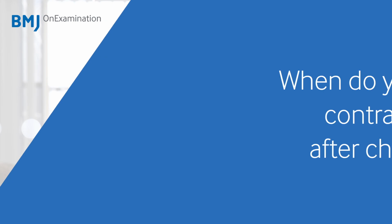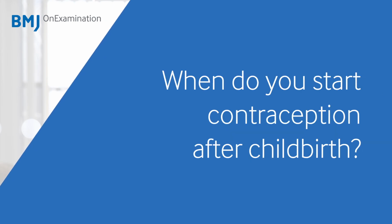If you're counselling your patients about when to conceive, then you ought to tell them that with an interpregnancy interval of less than 12 months, there's an increased incidence of preterm deliveries, of low birth weight babies, and small for gestational age babies. When do you start contraception after childbirth? Well, most methods, apart from the combined hormonal contraceptive, can be started immediately, but remember that contraception isn't really required